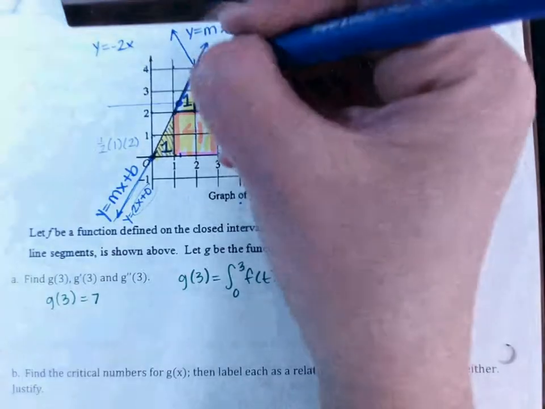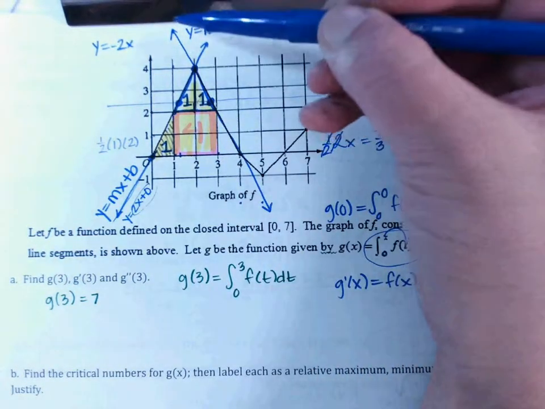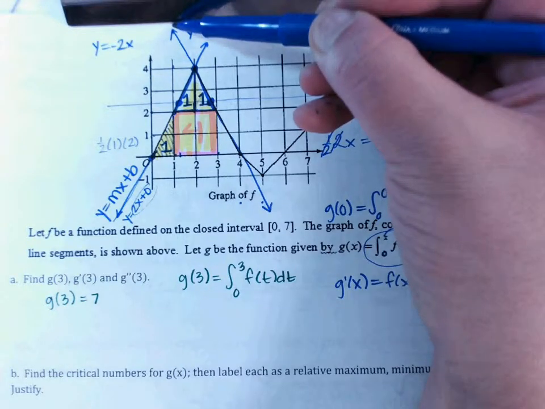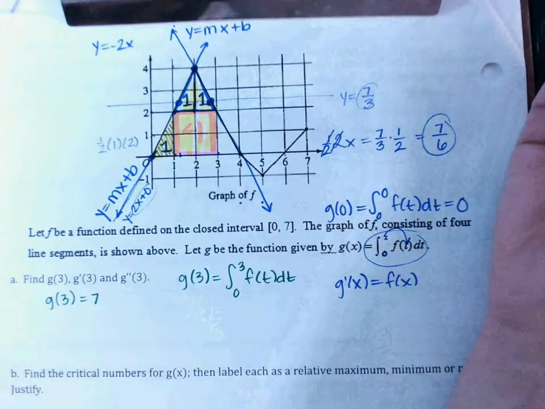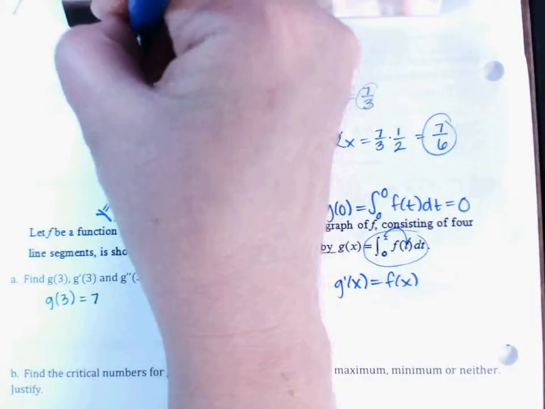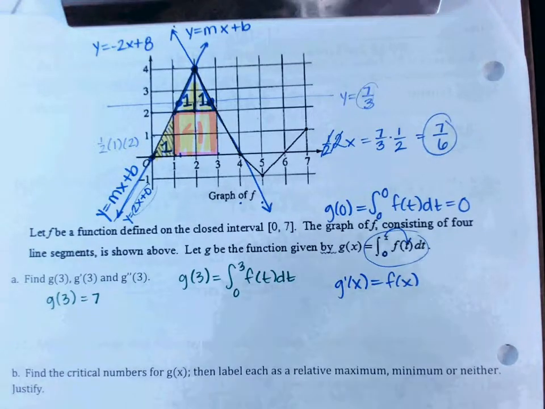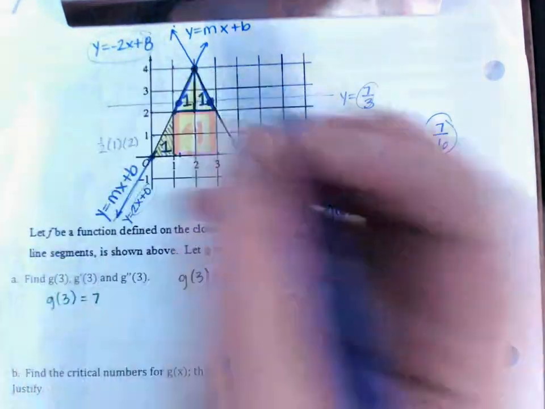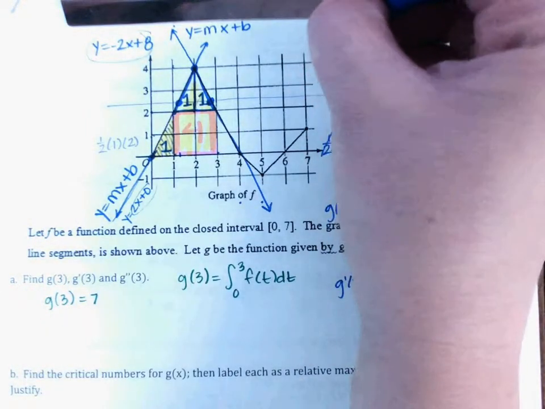Okay, well think about it. If I left off here at 4, then I'd go up 2 backwards 1. That'd put me at a height of 6. Then I'd go up 2 backwards 1 again. That would put me at a height of 8. So then from there, I'm going to take the equation of that line, set it equal to the value that I want it to equal, and then solve. So I'd let negative 2x plus 8